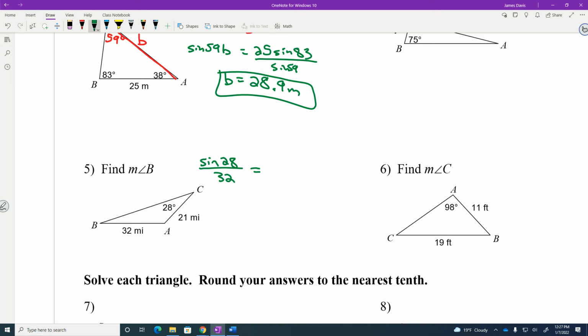All right, now we're supposed to find big B in this one, right? And let's just make sure we've got little b. So look across, we do have little b, so that's good. This one's going to be the sine of big B over 21. Now this one will be a bit different because we are solving for the angle rather than a side here. We multiply it across this way. We're going to write this as 21 sine 28. Write that 21 in front of it. And then here we've got 32 sine B equals